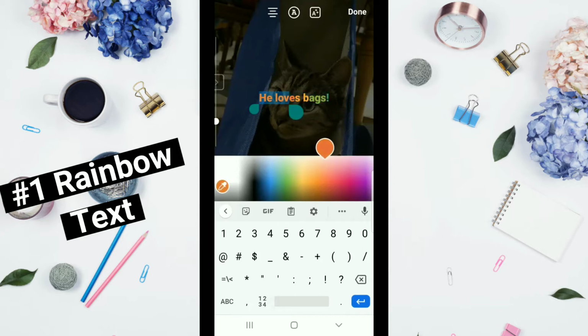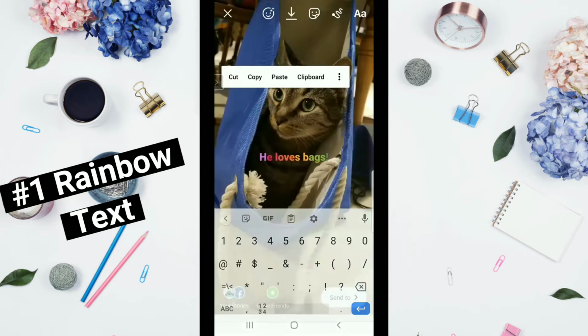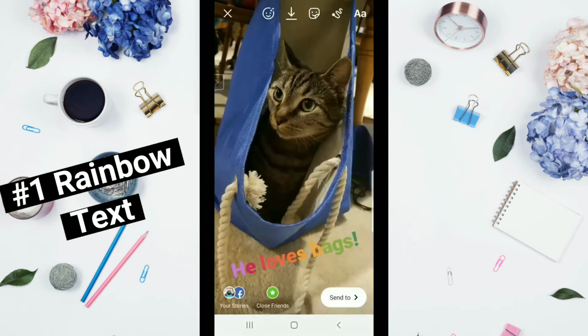So as you move your fingers, the text will change. And ta-da, rainbow text. There you go. Super simple, super easy. And it sounds a lot harder than it actually is. Once you practice with it, you're gonna get good at it. But it does take a little bit of finger work at first to try to get this rainbow text option going for you. So all you got to do, again, so I can show you guys,